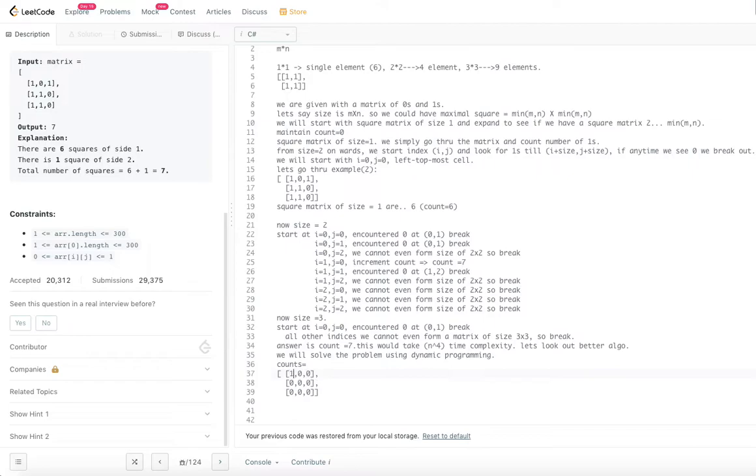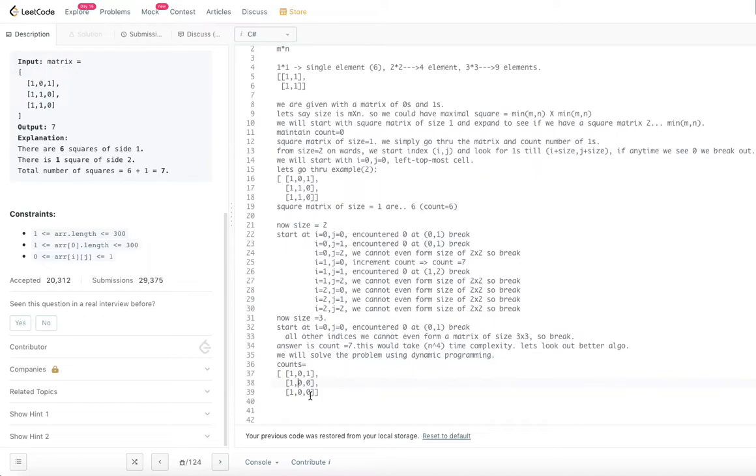The first row is 1, 0, 1. The first column is 1, 1, 1. That's what I am going to copy. While you copy it, you could actually count. Once we copied 4, you can put the count as 4 now. From the second row, second column onwards, this column and this row are already filled. We are left with only 2 more: the second row, second column, and third row, third column.